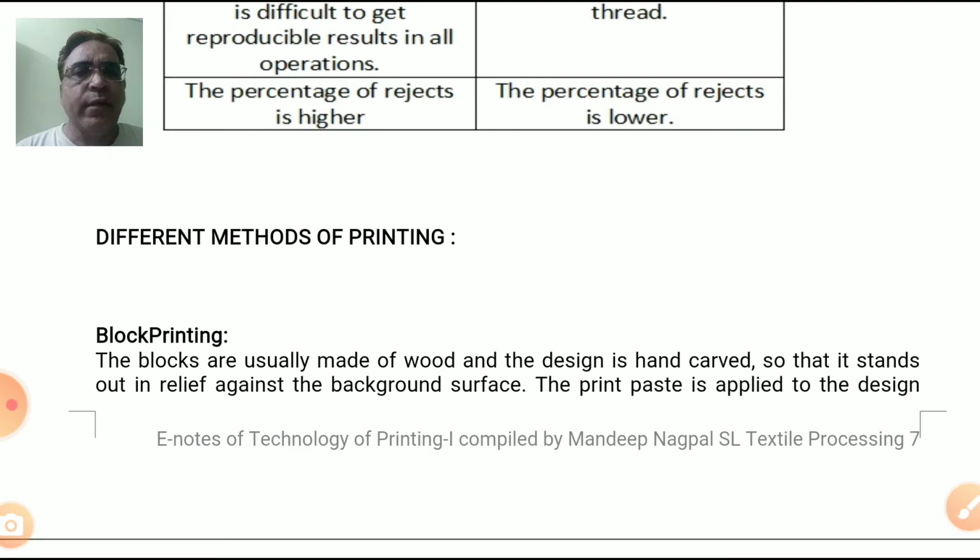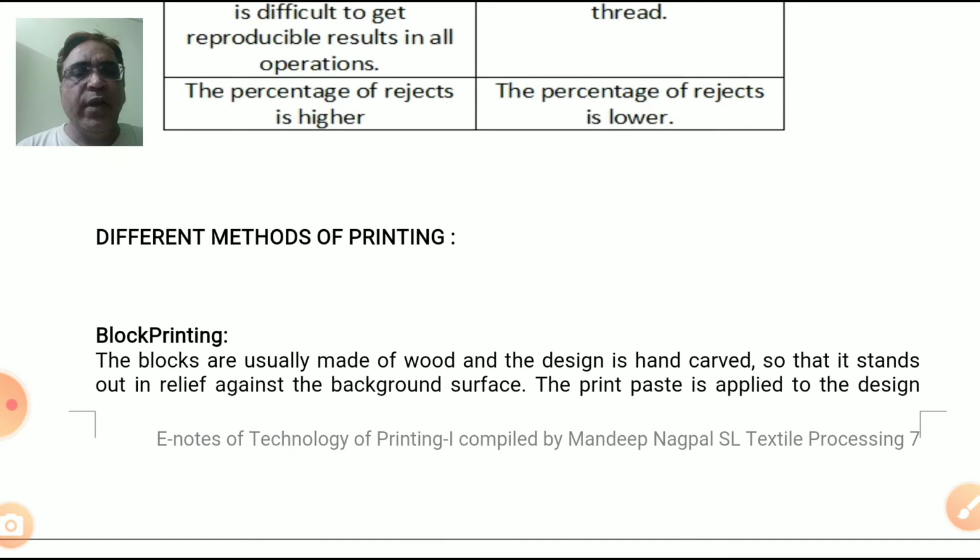Now, very firstly, what is a method of printing and what is a style of printing? Let us understand this first. As I discussed in the previous lecture, style is a principle of textile printing. It is the basic rule by which all kinds of printing on fabrics can be done. Now, what is a method of printing? A method of printing is basically the technology, equipment, machine, and the procedure used to make that print.